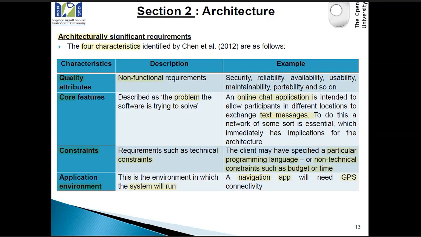The constraints: if there are any restrictions I'm going to have. And the environment: anything external, outside of my architecture. So let's start with the description and the example. So the quality, for example, as what we said before, quality is related to non-functional requirements, such as security, reliability,